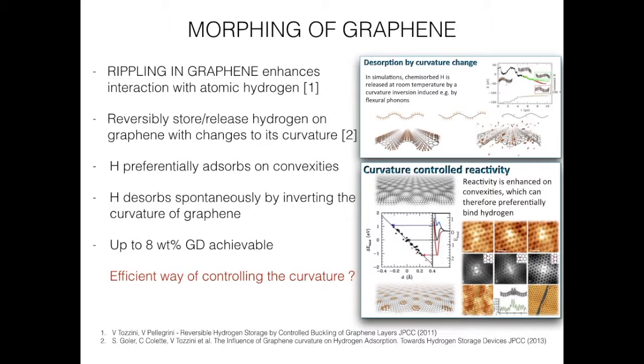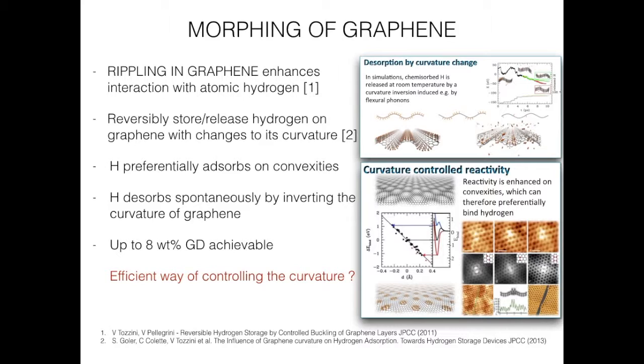Cold graphene is an interesting candidate for hydrogen storage. An efficient controlling mechanism of atomic hydrogen storage and release on graphene with change of its curvature was recently suggested. In fact, under bilateral compression of graphene, atomic hydrogen is preferentially adsorbed on convexities, but when required, it is desorbed by inverting the curvature of graphene. The curved graphene multi-layer system can potentially reach gravimetric density up to 8% at ambient conditions,